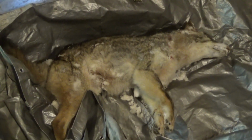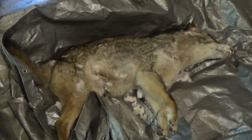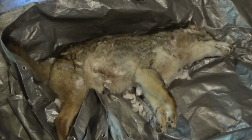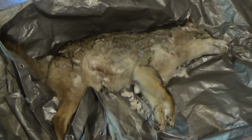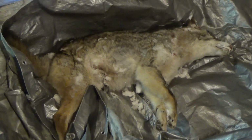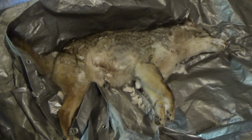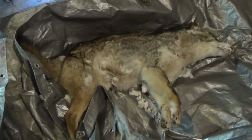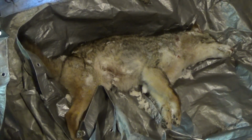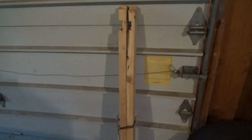I will not be showing you guys the skinning of this animal. YouTube is kind of wonky, and I'm not sure whether or not they would allow me skinning an animal on YouTube at this point or not. I don't even know if they allow me to say that I can't put a video up about skinning an animal. So anyway, I will skin it, and when that gets done, I'll put together my homemade stretcher